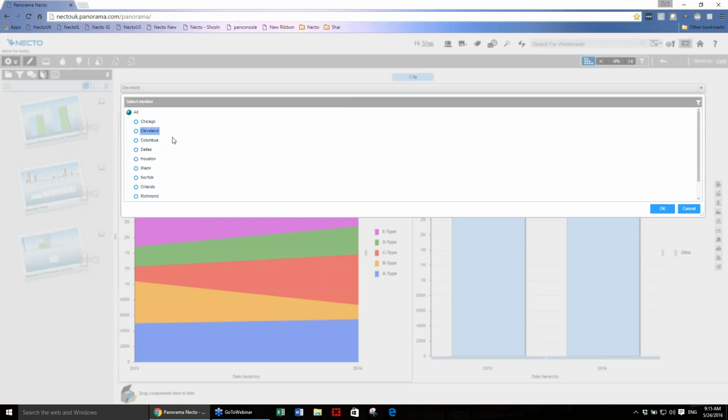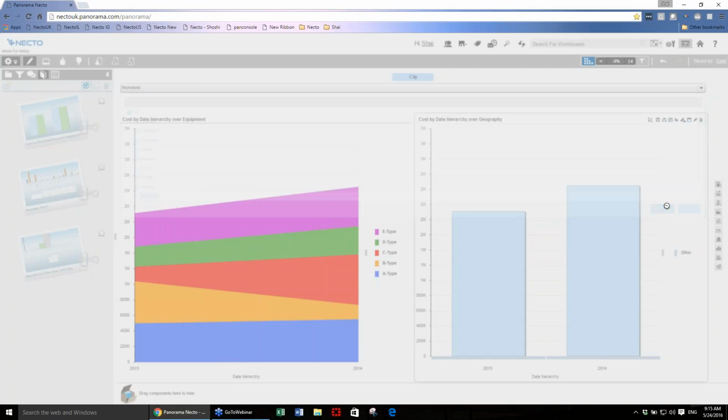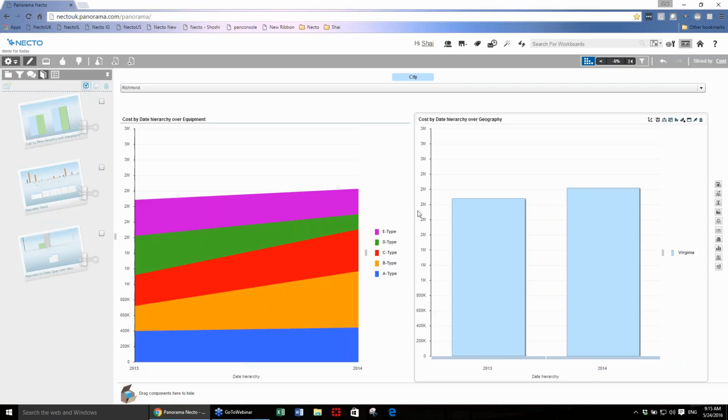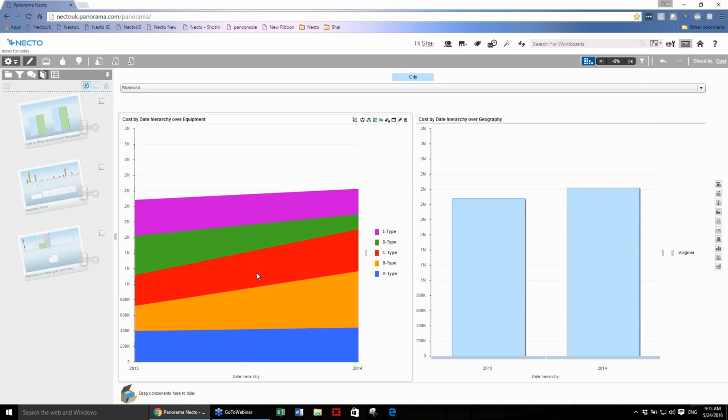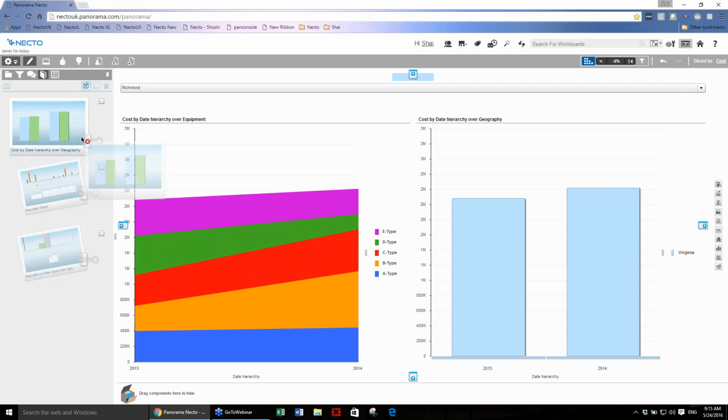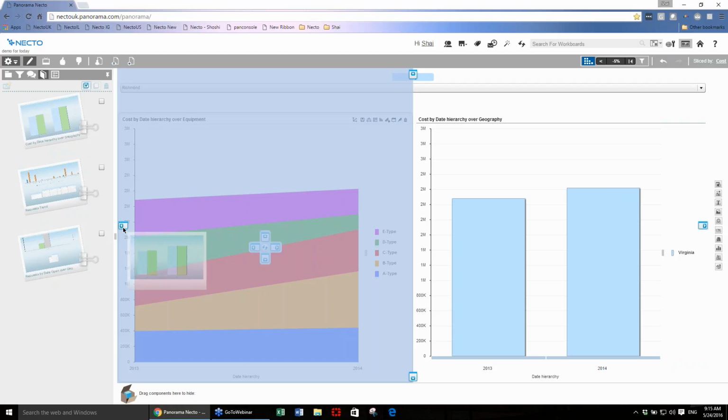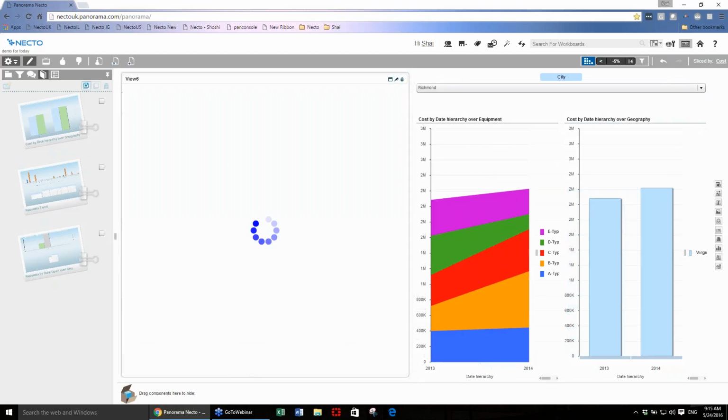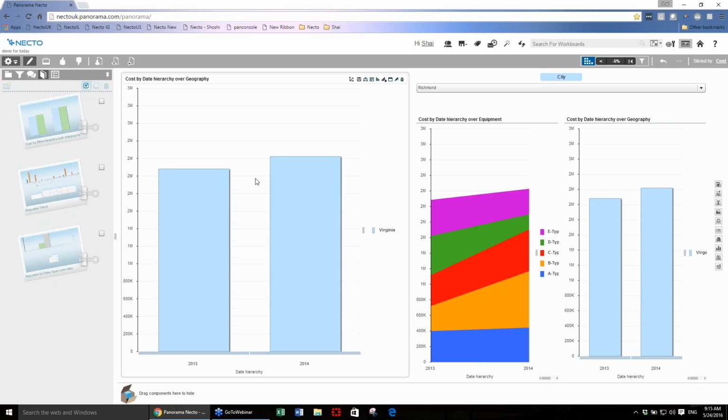And I can of course select more than one by pressing and holding the shift button and clicking on Cleveland, Columbus, and Dallas, and bring in this one. And now I'm having Virginia as the state, and I'm having different data for this left component over here. Now I can drag as much as I want, because I can reuse this component in the workboard area as much as I want. So I can bring it over here, and now I'm having 3 components over, and I can control, and I can start